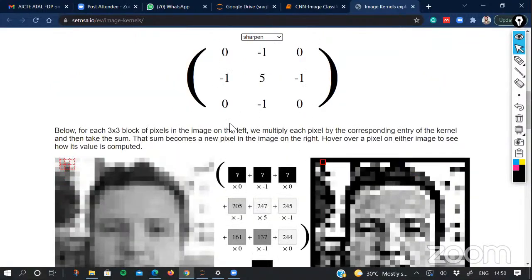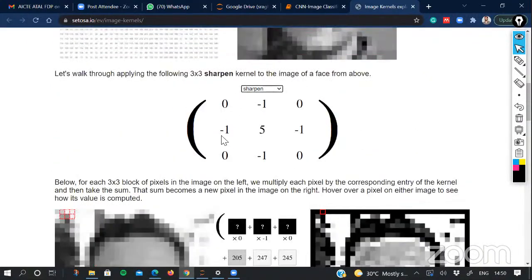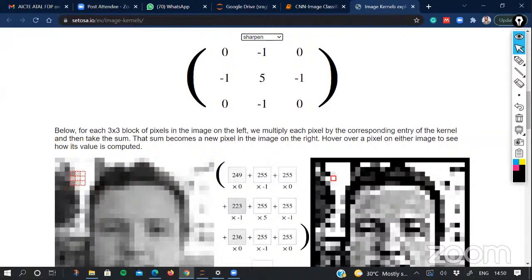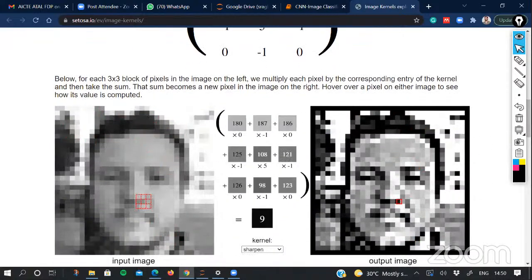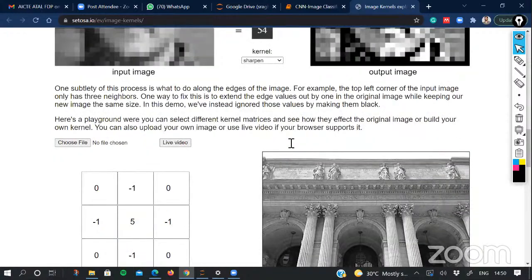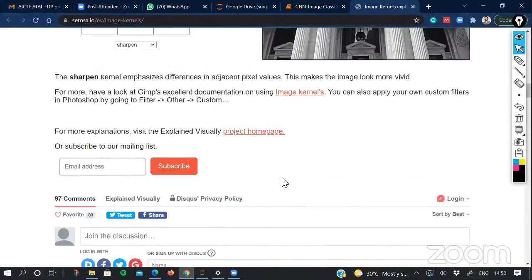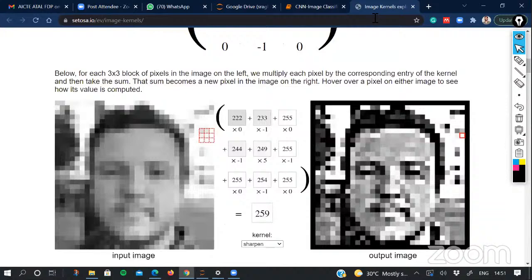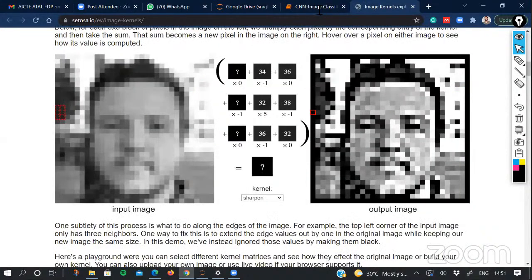And these are all the handmade features. And every time you use these filters with that image, you will get a new output with new kinds of features in that. Now we can utilize these features for further processing, and then we can look for page classification and so on. So this is one website where we can see the application of these filters, and we can see the effect of these filters in getting different image outputs.